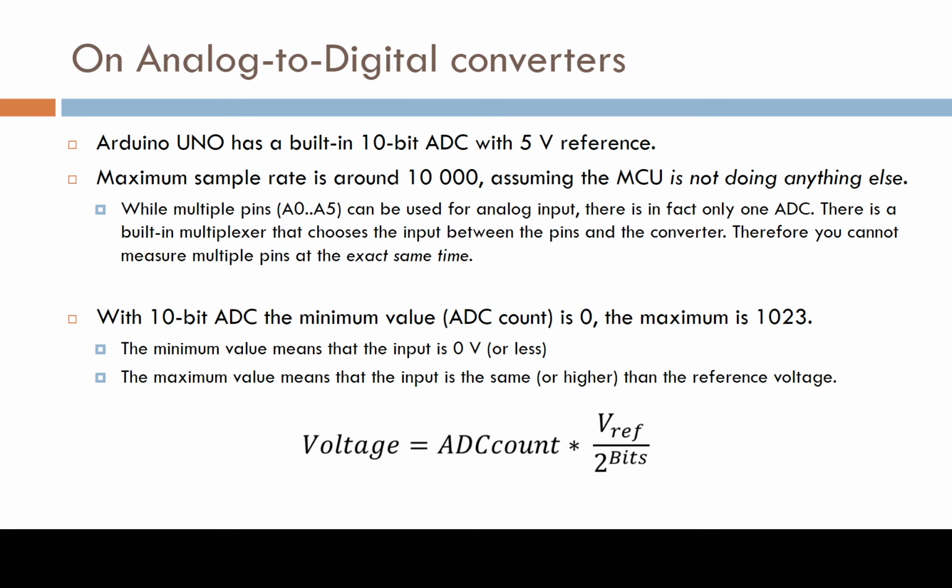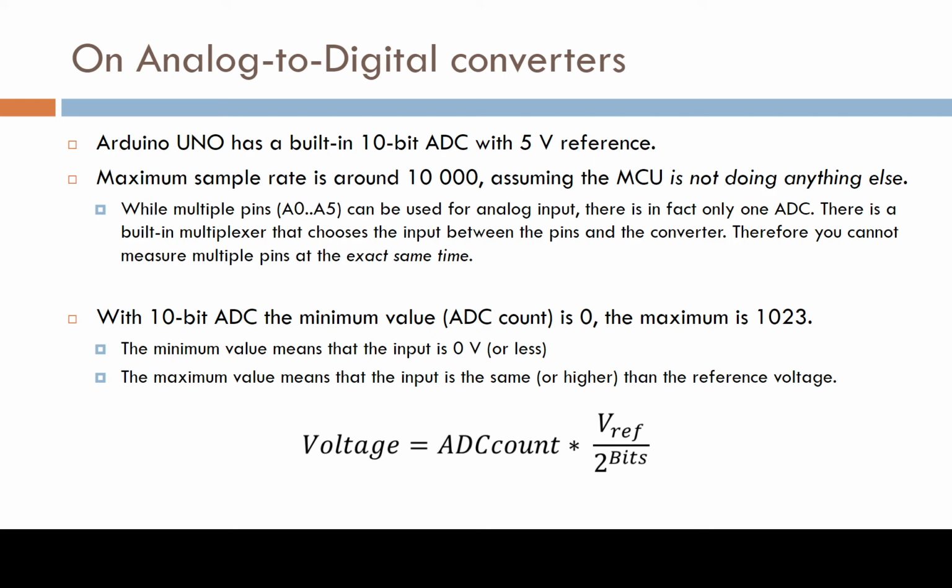Okay, but anyways, it works. So the conversion between voltage and the ADC count is simple. It's the ADC count multiplied by the reference voltage, which was 5 volts, divided by 2 to the power of bits. Okay, so 0 means that the input value is 0 volts or less. Okay, it can be a little bit negative, but it shows up as 0